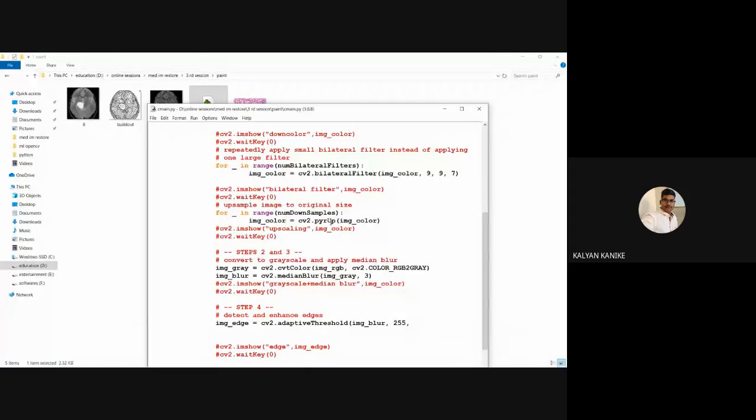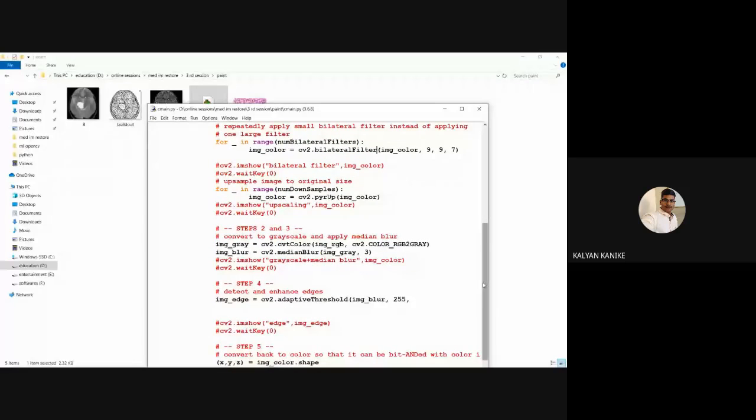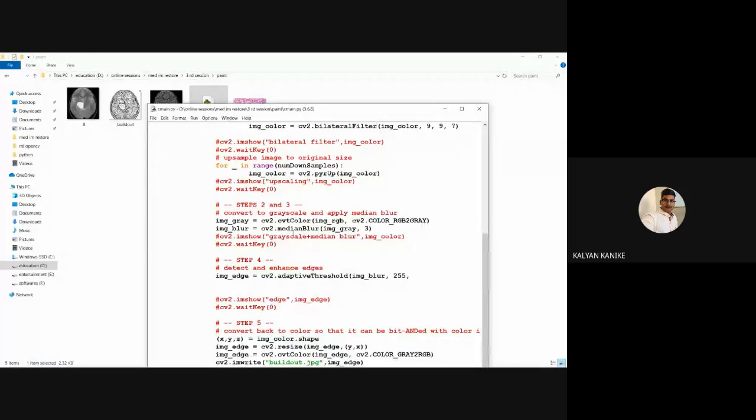By applying both pyramid up and down, we are collecting this image color information. After applying, it's all about the filtering process. By applying this bilateral filtering, we can apply a little bit of blurriness on the color image. Next, we are converting that image into grayscale.